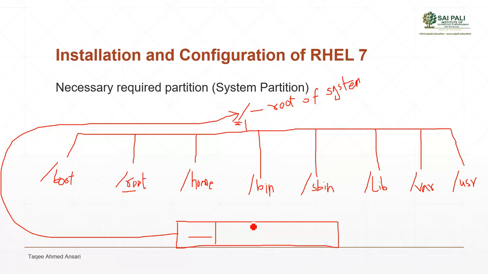So for example, I want to put some movies here. I don't want to put them into the system partition. This is the system partition, just like you can assume it's a C drive and you have all the system files in the C drive. But you want to keep your other data, like movies or something, so you don't want to store it in this. In Windows, what we do is create a D drive. So it's the same here. I can create a new partition.